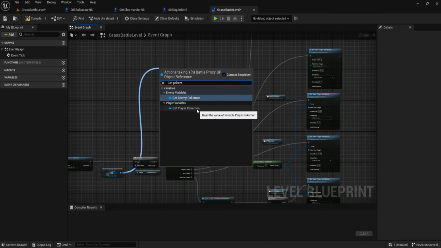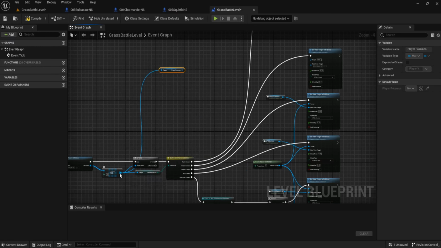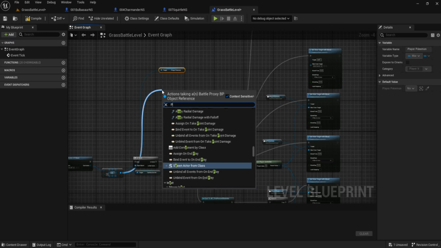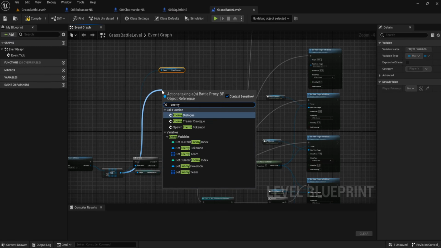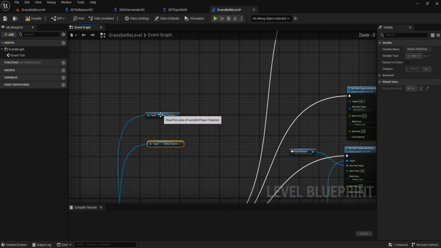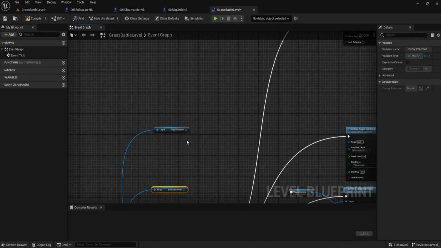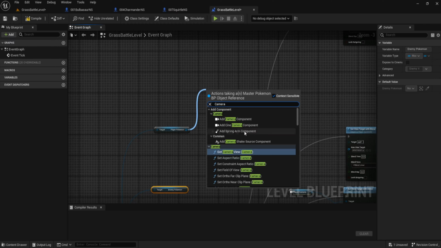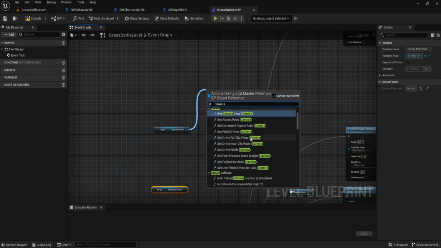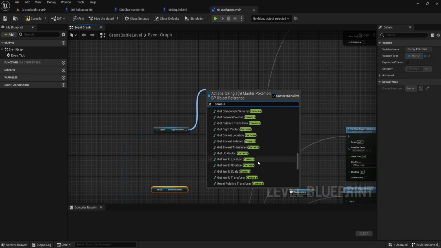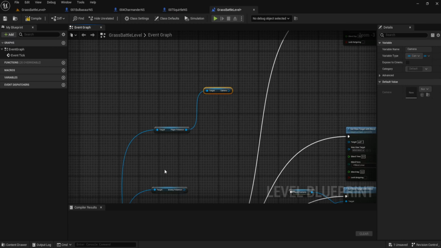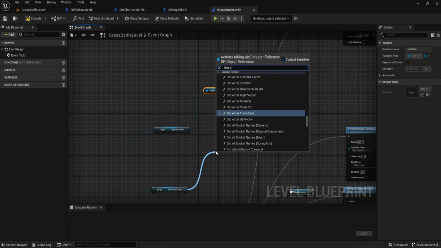So we're looking for player Pokemon, and we're looking for the enemy Pokemon, like so. And what we need to do now is get that new variable, which is that camera. Gotta find it. Get camera, and we're gonna get this one's camera as well. Get camera,